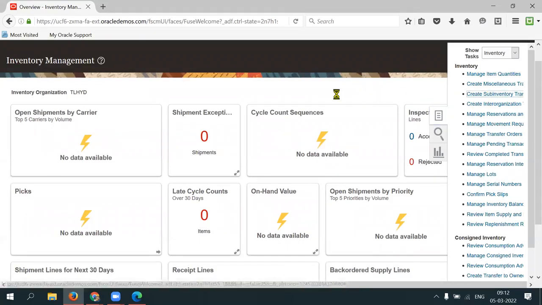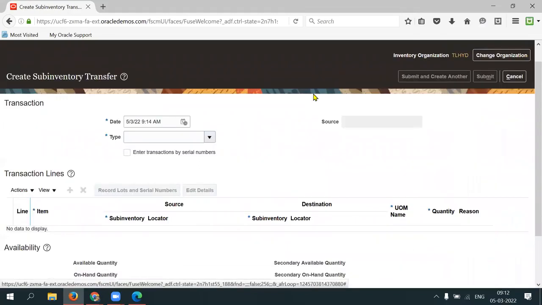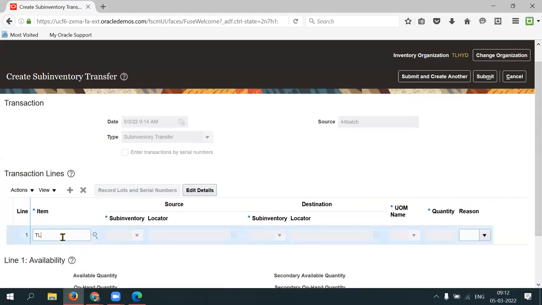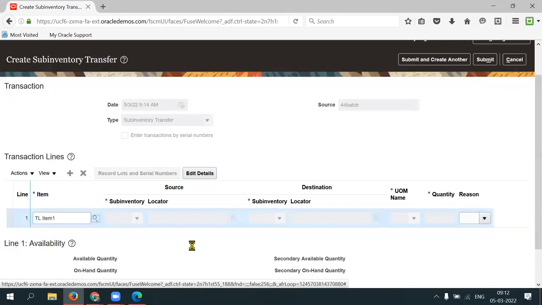Click on create sub-inventory transfer, select the sub-inventory transfer from the list of values, and match the purpose of the transaction. I wanted to move this item stock from one warehouse to another warehouse. From RM, I want to move the stock to